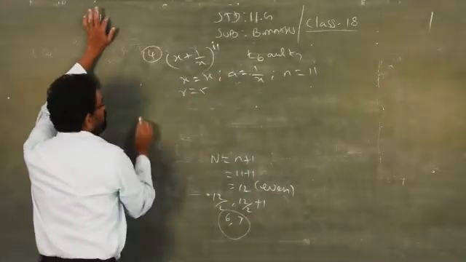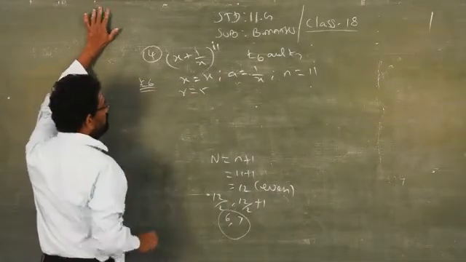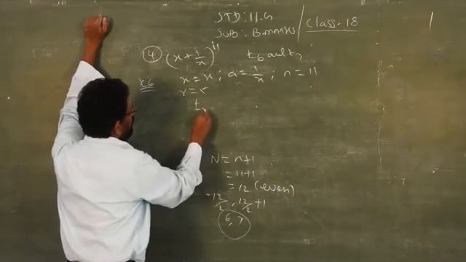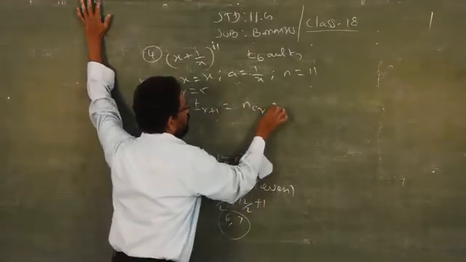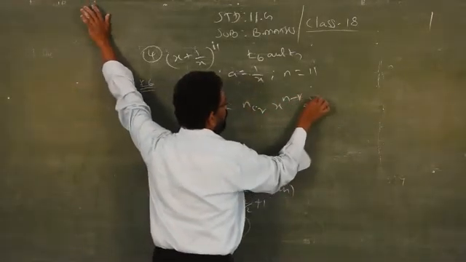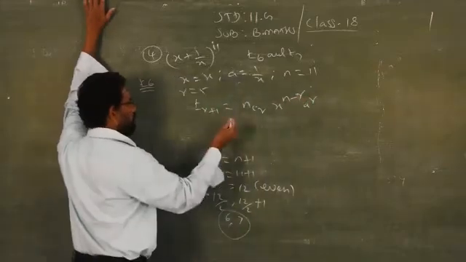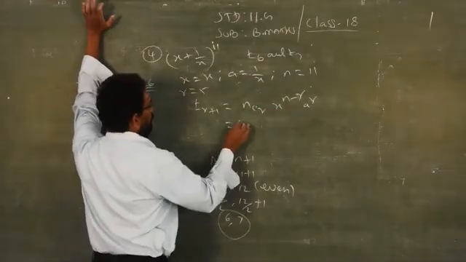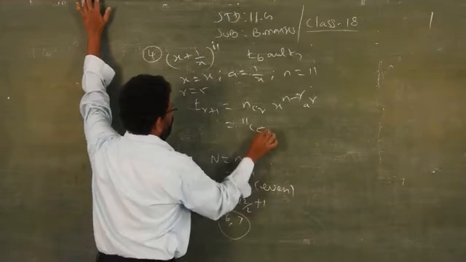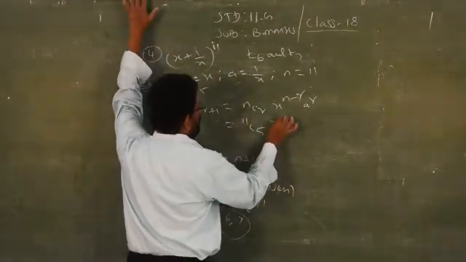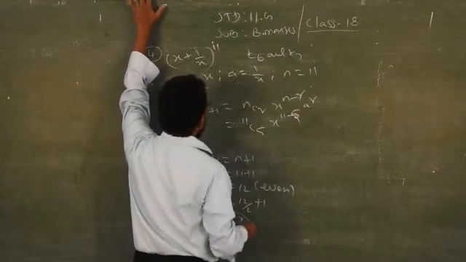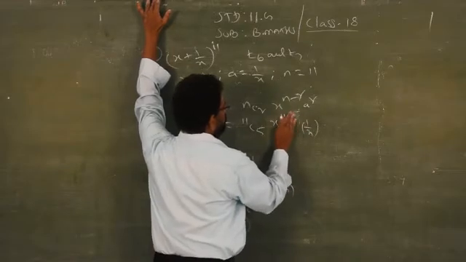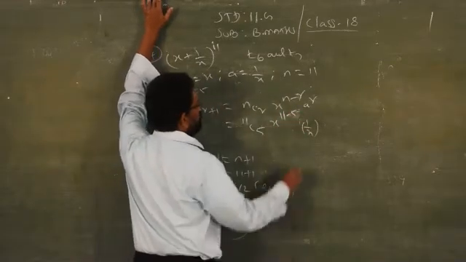So, how do you find T6? This is to find T6, the 6th term. To find the 6th term of the binomial sequence, you are supposed to replace r by 5. So, what is the formula? T(r+1) is equal to nCr x power n minus r into a power r. Just apply the information given in the question in the place of n, r, x, a. What is your n? 11, C, 5. What is your x? x, 11 minus 5. What is your a? 1 by x power 5.